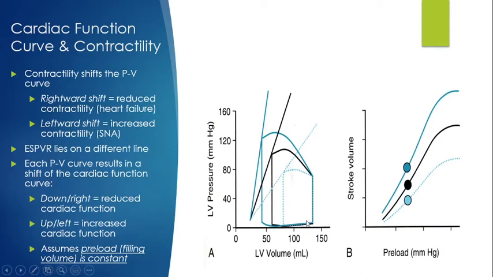Again, what you see is that we have this period of diastolic filling, and then we have a buildup in pressure and then ejection. And so you're really seeing this ejection phase, this D through F, there is less volume